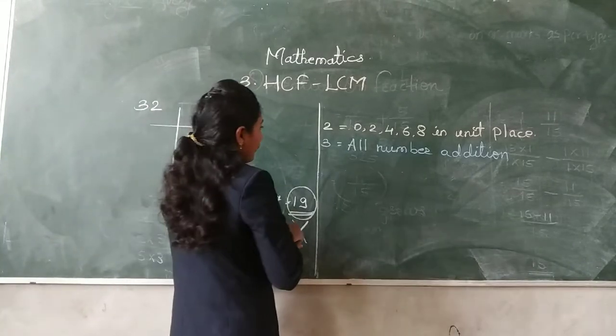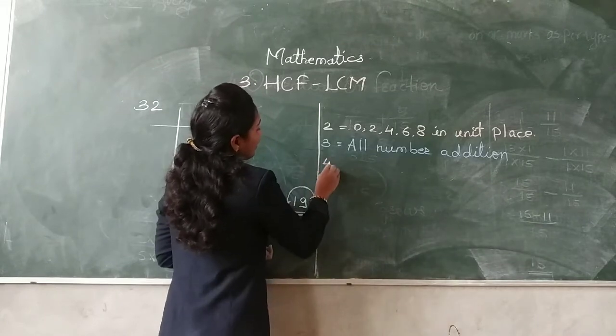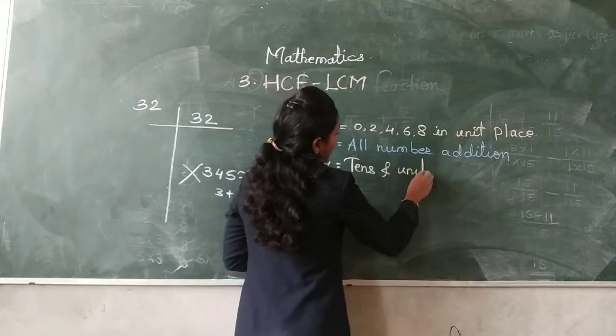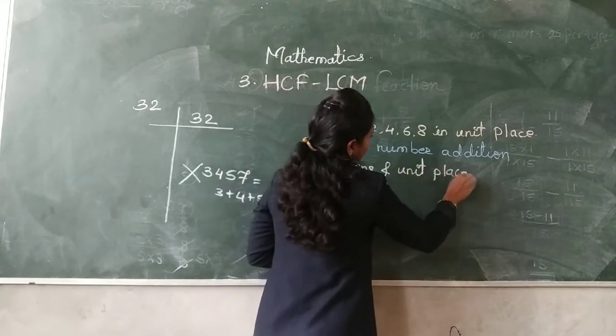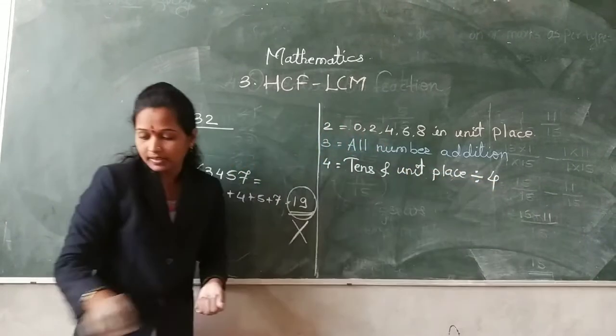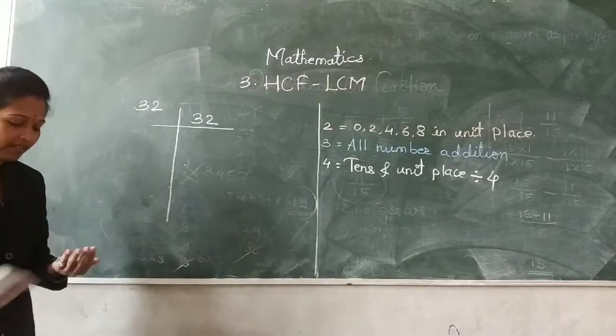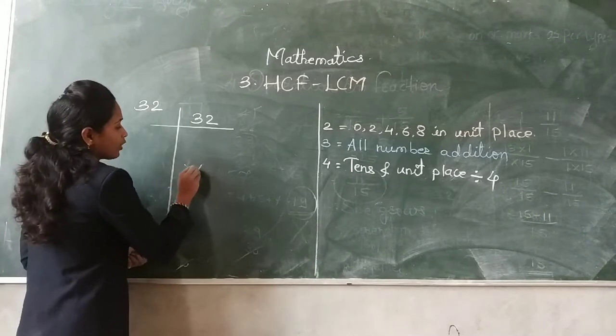Okay. The test of 4. Tens and unit places divided by 4. So teacher, please give an example of this test also. Tens and unit place divided by 4. The number in front of you is